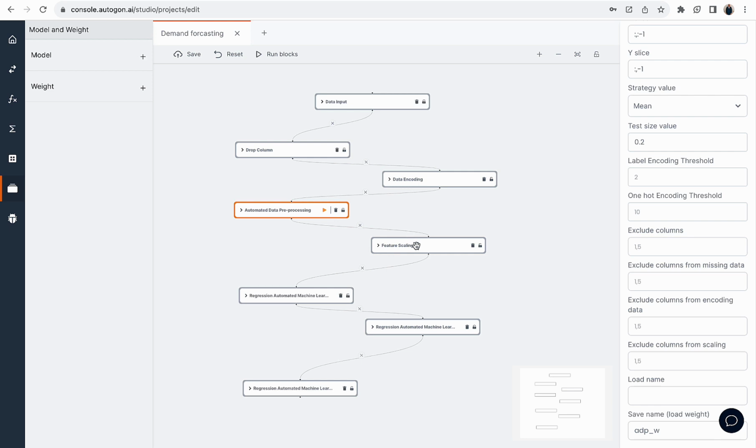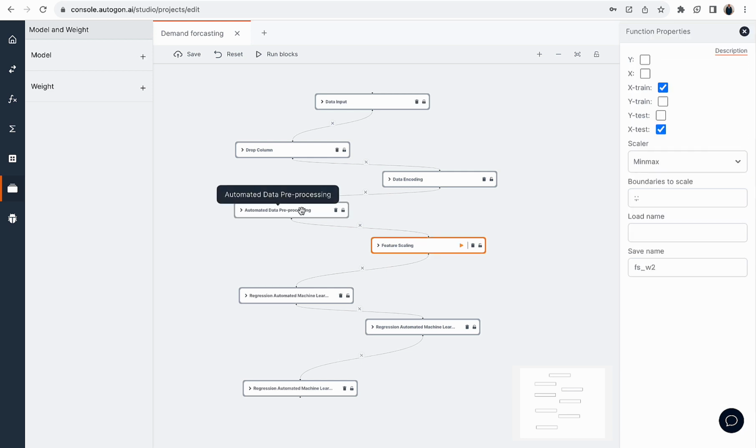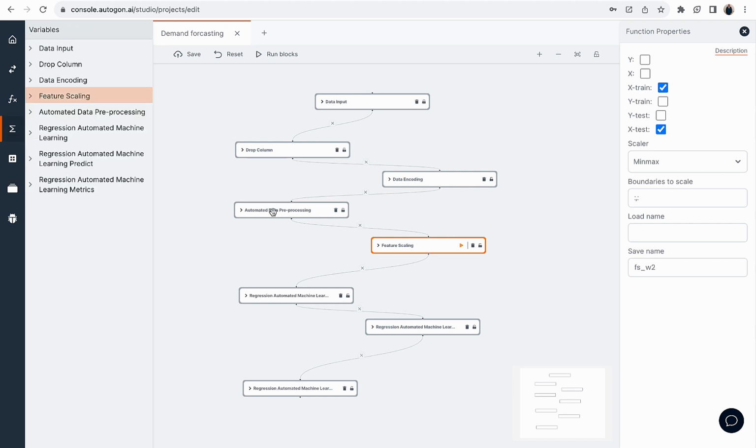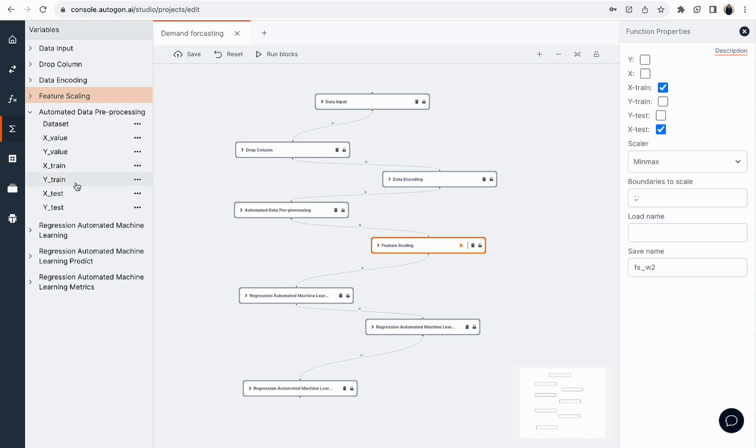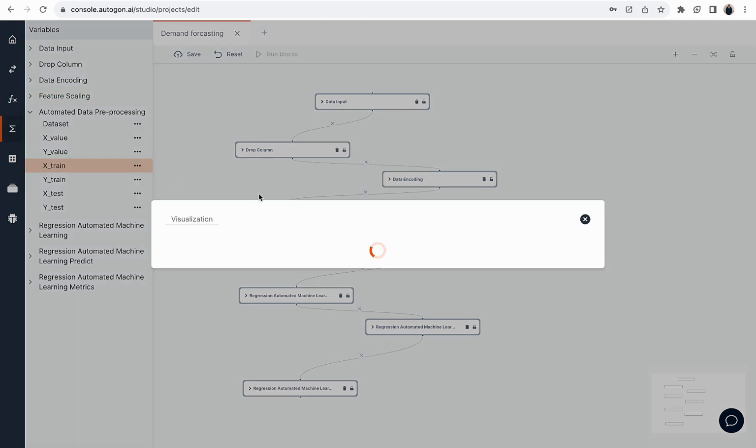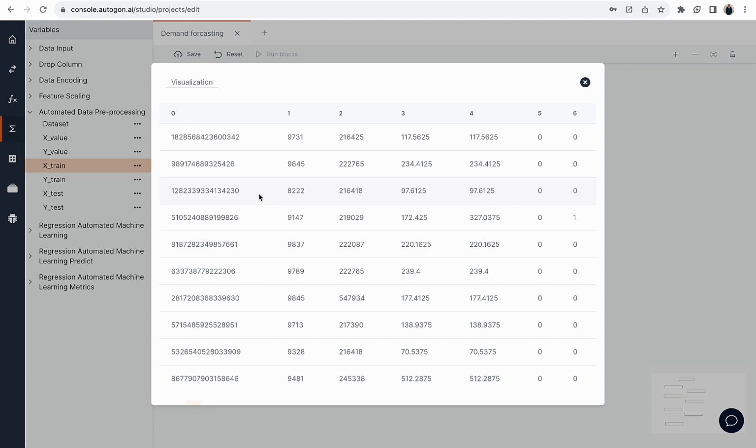So if we look at feature scaling, after the automated data processing, I called in the feature scaling block. Now, if you look at the output of automated data processing, you can find the X train. This is because there was a data split. Specifically, if we look at the X train and the X test, we'll see that there are some heavy numbers, like the encoding we did, this other value, this other value. These are heavy numbers,